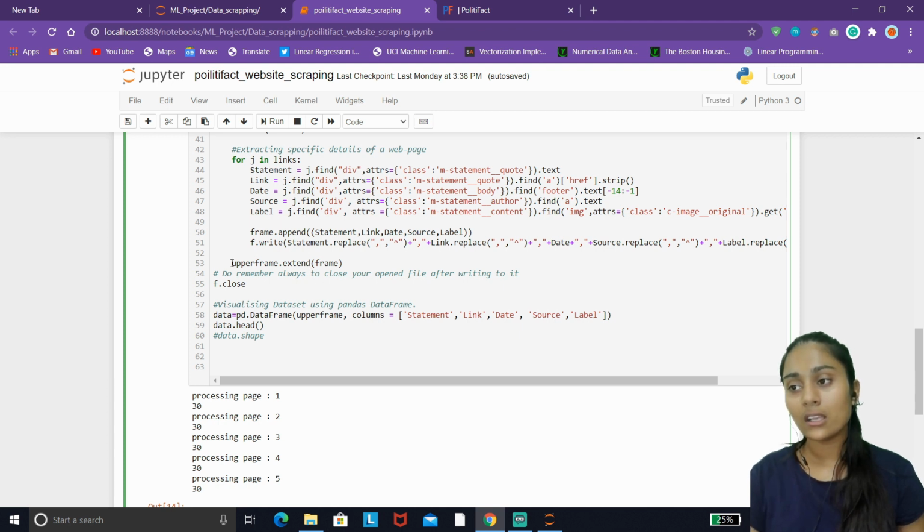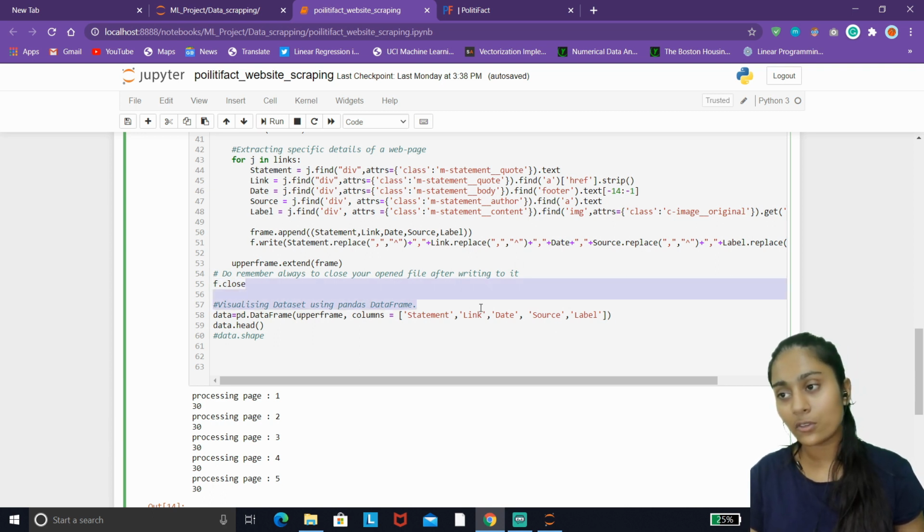So move outside this for loop too, and don't forget to close the file that you have opened already, because most people forget to do so. Don't ever forget to close your file using this command, f.close.